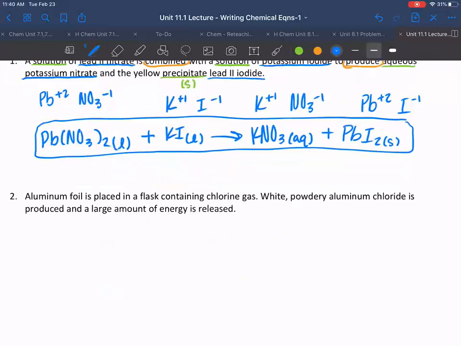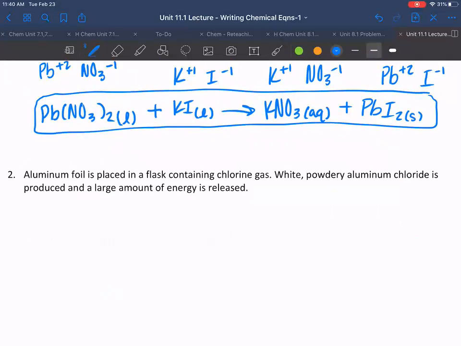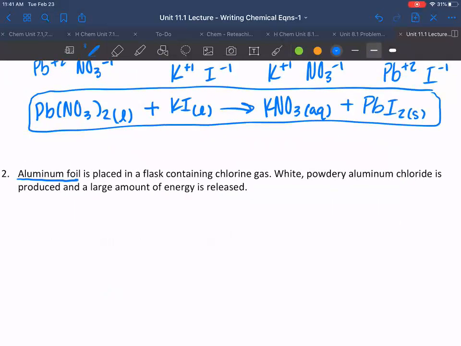Okay. Now we're going to talk about aluminum foil. So aluminum, although it's an element, this is still something that we are going to write in our chemical equation. This is placed in a flask containing chlorine gas. So if it's placed in something that contains something already, then they're going to react together. So chlorine gas and aluminum are going to be reactants. Now, if we keep reading, it says white powdery aluminum chloride. Here's another compound we're going to have to write. Is produced and a large amount of energy is released. So when I see the word energy, I'm going to underline that